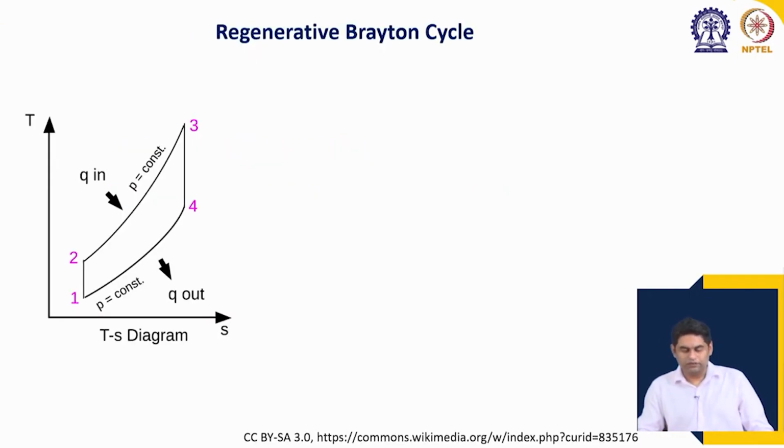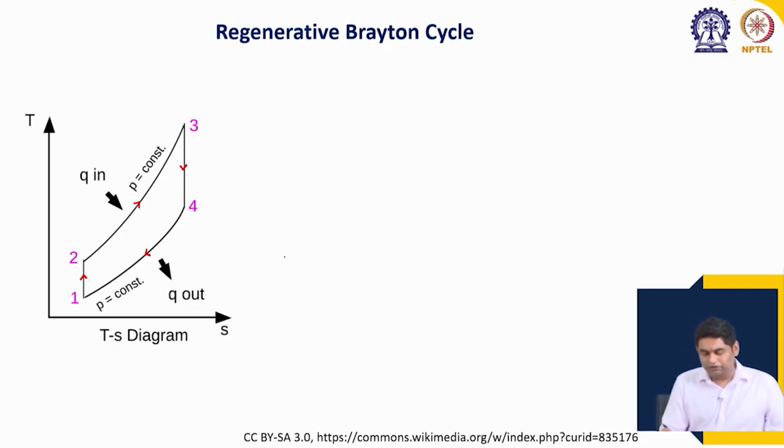Now, let us take a look at the image which you can see here. The image shows a TS diagram of a standard Brayton cycle. We have our standard 4 processes: isentropic compression going from 1 to 2, constant pressure heat addition going from 2 to 3, isentropic expansion from 3 to 4, and constant pressure heat removal from 4 to 1. Now, what do we notice here for the standard Brayton cycle? We can notice one important aspect,